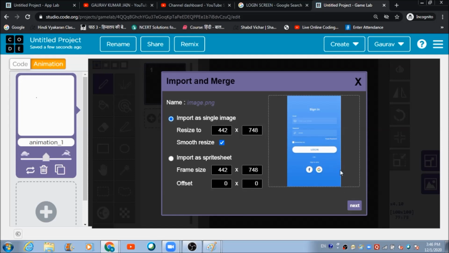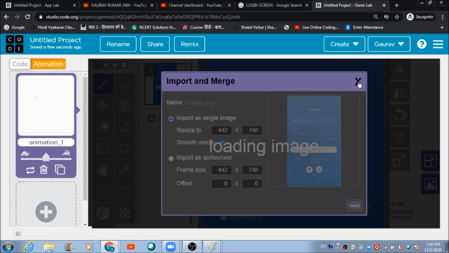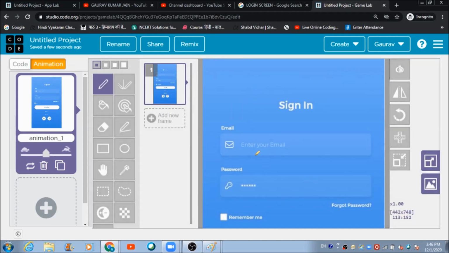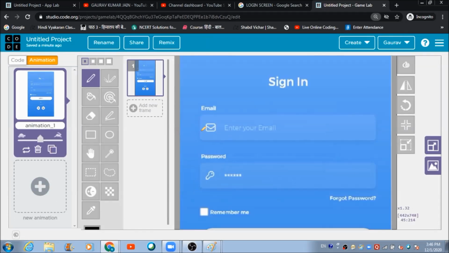Automatically the image is going to get reflected like this on this GameLab environment. Now as you can see, just a second, let me reduce the size of this window so that the color picker tool can be visible to me. Now let's make use of this color picker tool in order to find out the code of this blue color which is getting reflected over here.